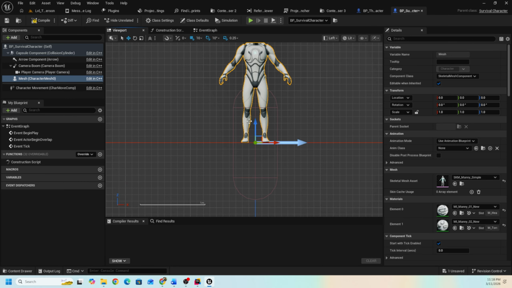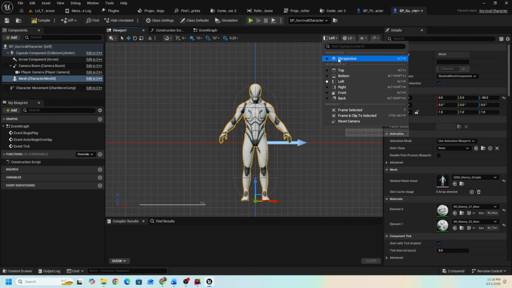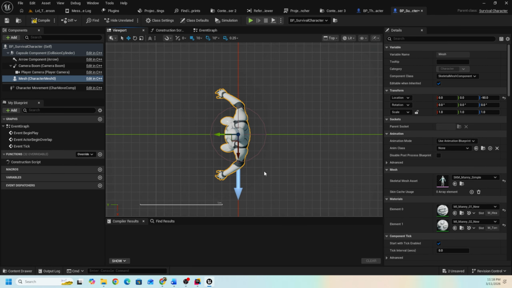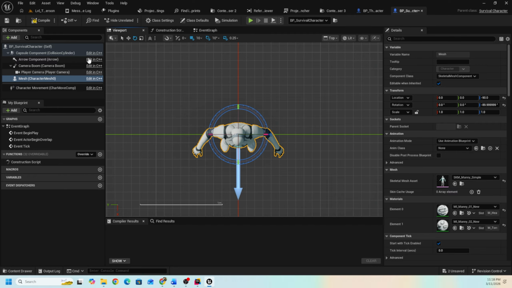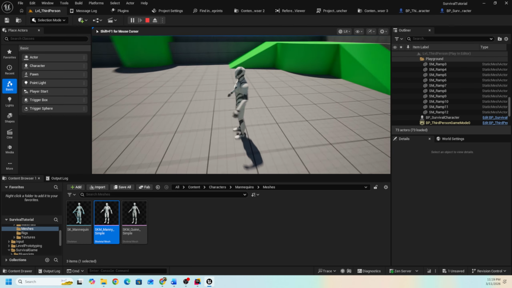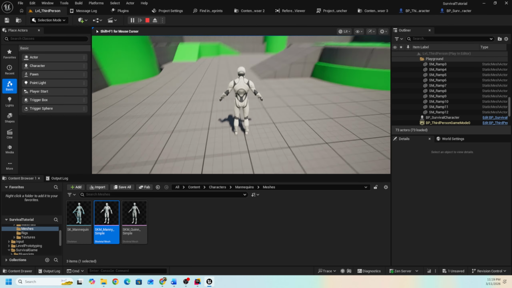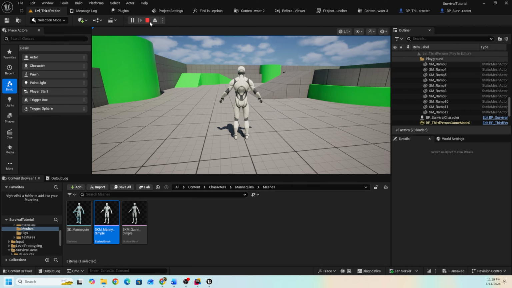So let's move our mannequin character down here and rotate it to face the same direction as this arrow. Yeah, now we have this mannequin character with our BP survival character, and now let's add